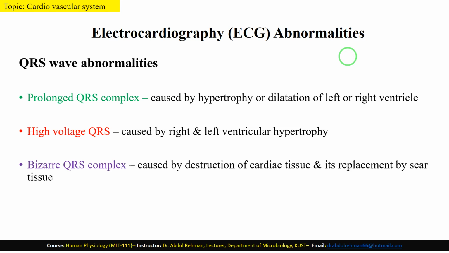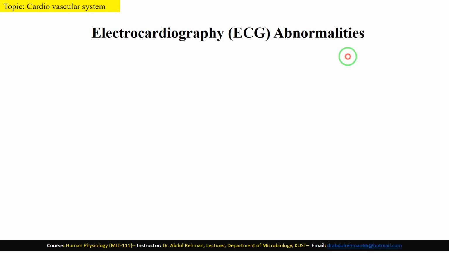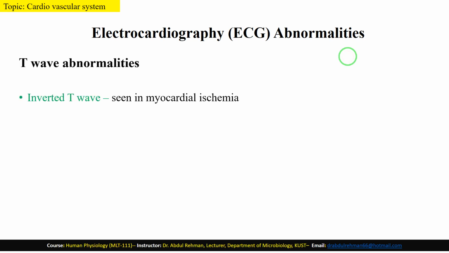And then there is an irregular, bizarre type of QRS complex, which is caused by destruction of cardiac tissues and their replacement by scar tissues. In T-wave abnormalities, we will observe an inverted T-wave, which indicates ischemic heart diseases, that is myocardial infarction or cardiac arrest. And sometimes tall T-waves are observed when the concentration of potassium ions becomes high in the cardiac